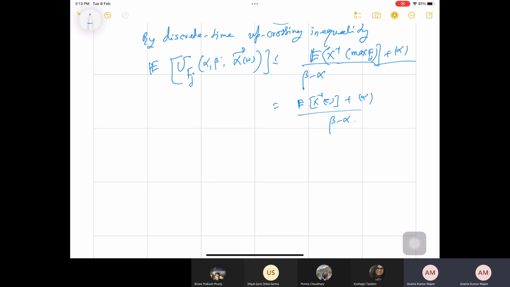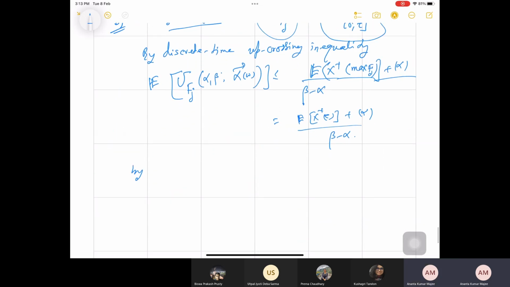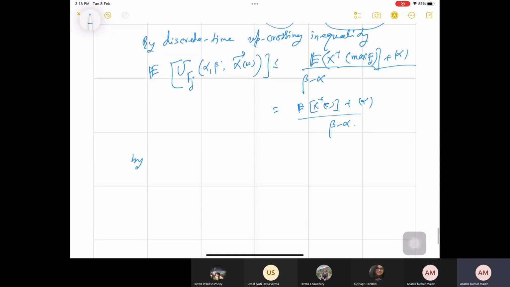So by the monotone convergence theorem, I can say that u fj, this is a random variable, monotonically increases to u sigma tau. Okay, so by monotone convergence, all are positives, no? So we can interchange the limit and integration. So by monotone convergence theorem, or I can say